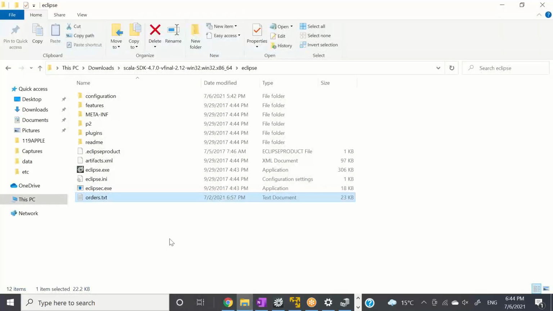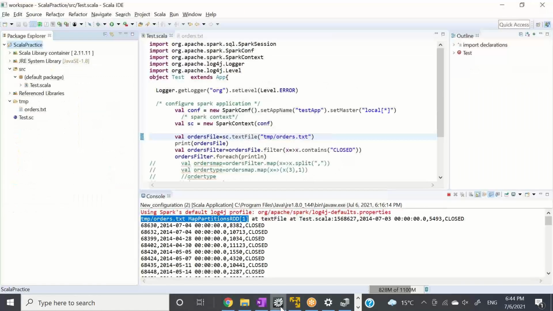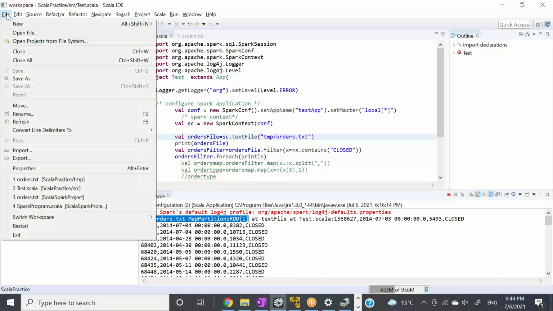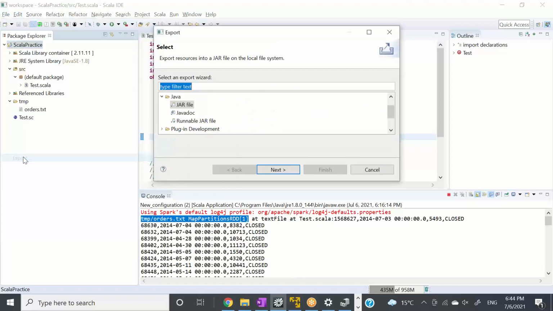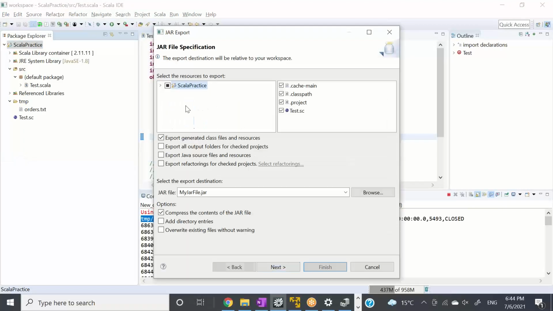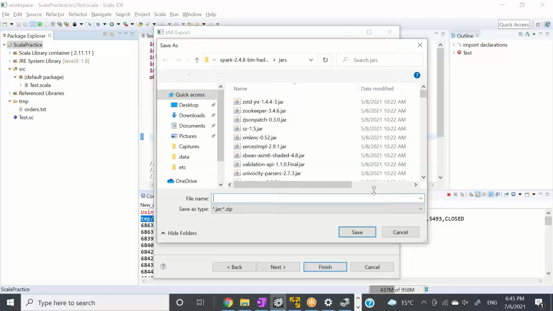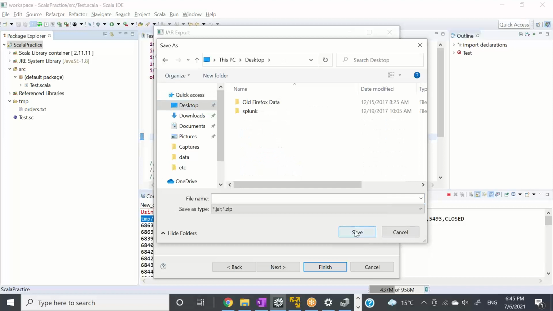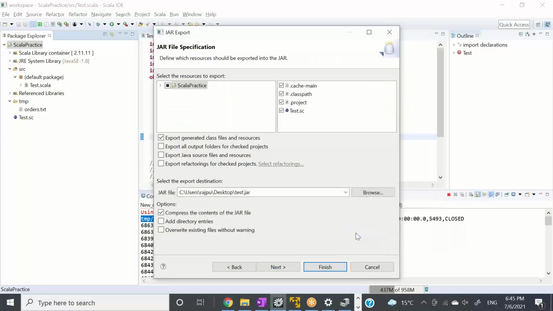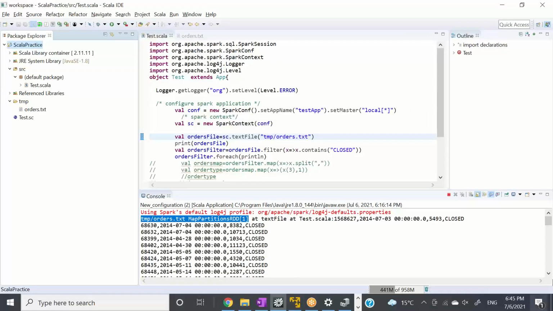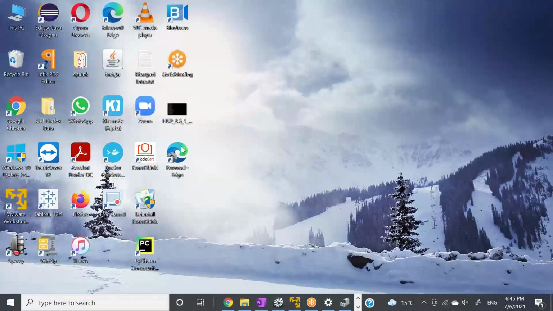So right, this is interactive mode. And let's say when we are willing to run this program, what we run is written onto our local. I don't know where I've stored it. Just one second, guys. So we'll go for jar file again, and I'll download this jar file to, let's say, desktop and save it. Let's say I'll name it test.jar and I'll say finish, right? So when I go to my desktop, I have one test jar file created.